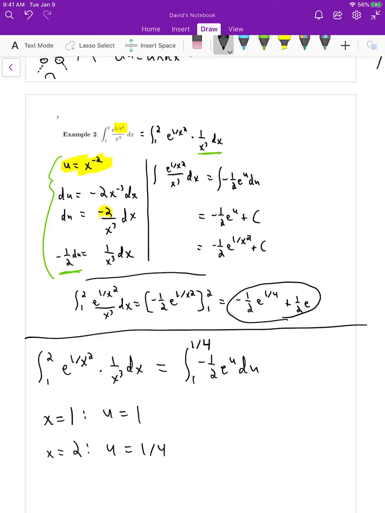Okay, so off we go. This is negative 1/2 e to the u, evaluated from 1 to 1/4. It's kind of weird to have the bigger number on the bottom, but you can just take it as it is. Okay, so let's plug in and see what we get. We get negative 1/2 e to the 1/4. The top number always gets plugged in first. And then you got to subtract off plugging in 1, but subtract the half, right? You then get a plus 1/2 e, and that checks out, right? Because it agrees with our previous one. Okay, so again, for this one,